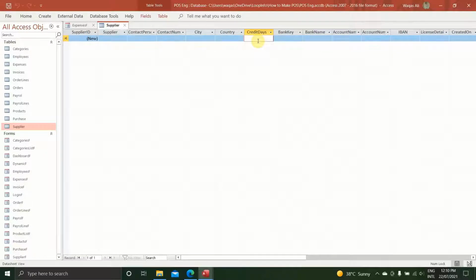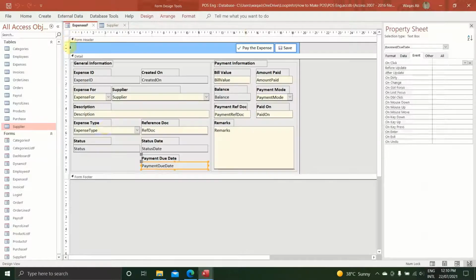If you buy from us, from the date of purchase till 15 days or 20 days, whatever number of days they decide, you can give us back the payment. So if that is the case, then we want those credit days to be calculated here, in payment due date. And that will happen with this particular